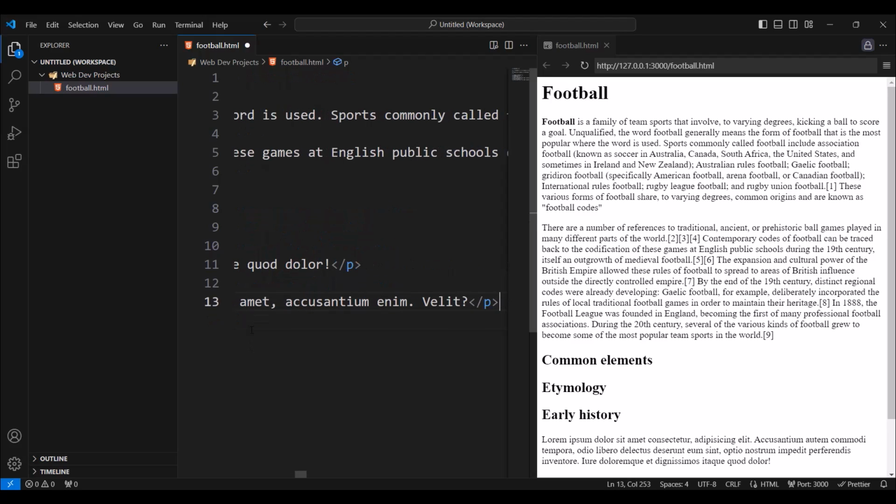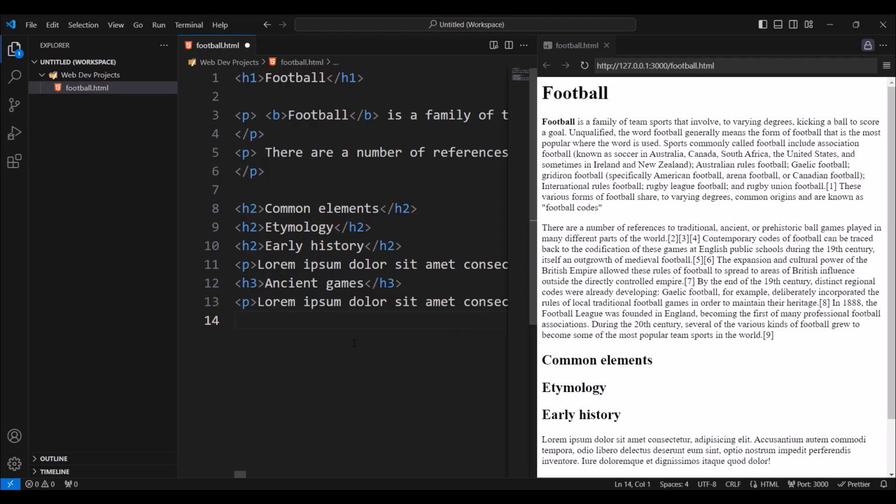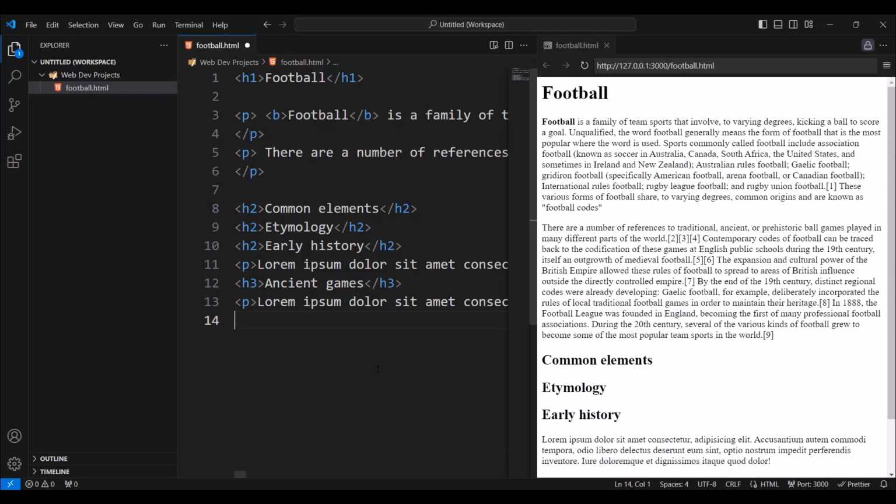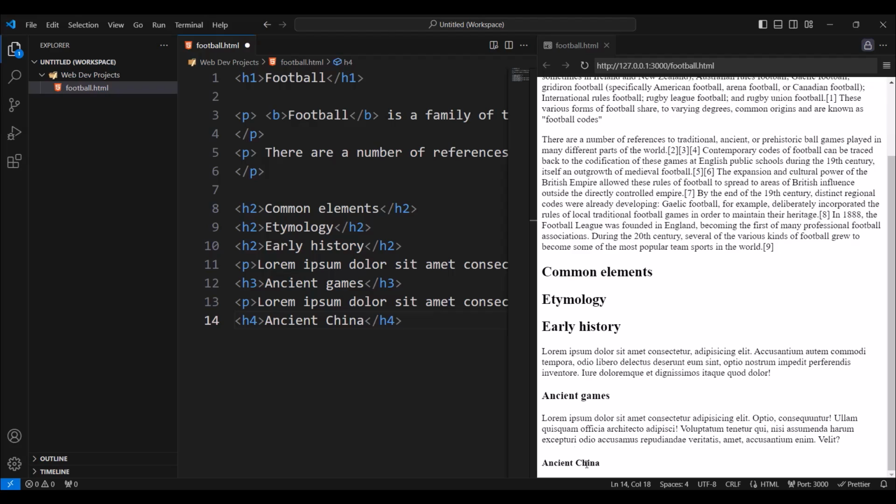Let's go to the next line. Let's put also an H4. I think this is a subheading of this ancient games. I'm not 100% sure, so I'm gonna copy this. Go in Visual Studio. This is an H4 heading. Ancient China. And as you can see, we see it down here.